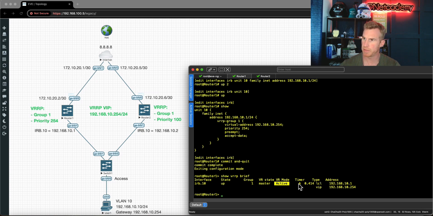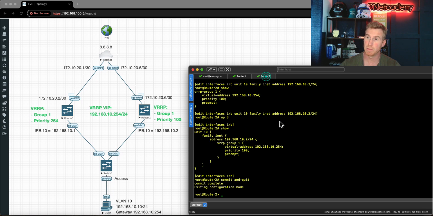This is the timer that is expecting the next message to be sent out, because this is the master. And we can now see our local IP address 192.168.10.1. That's what we configured on the IRB.10, but that virtual IP address is 192.168.10.254. If we go over and compare this to router 2 and run that same command, show VRRP brief,